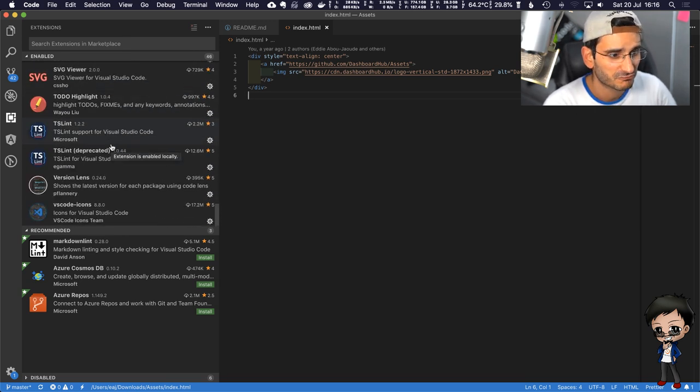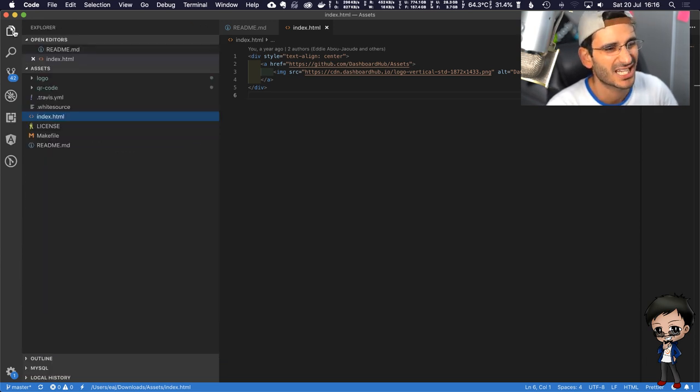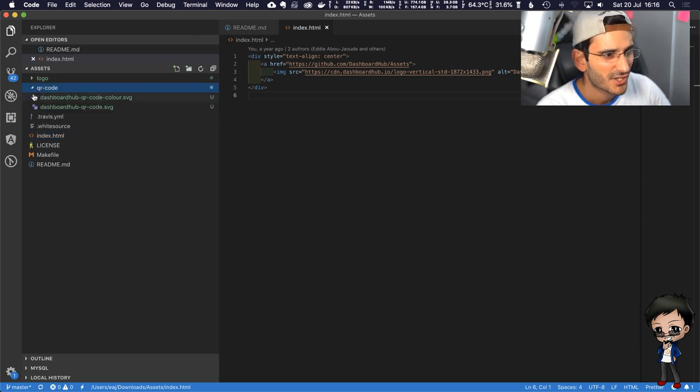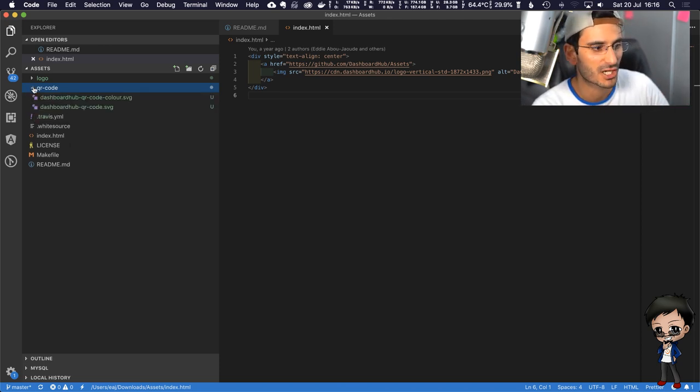That's it, I'm at the bottom. So I've got a few other ones, VS Code Icons, just to change the icons and so on. Again, I have a love-hate relationship with some of these icons. The directories kind of suck. Sometimes I'd rather it was nested in a little bit more, like indented more, so I could see that it's definitely under that folder. Sometimes I have to open and close stuff to see, especially when you have lots of folders.